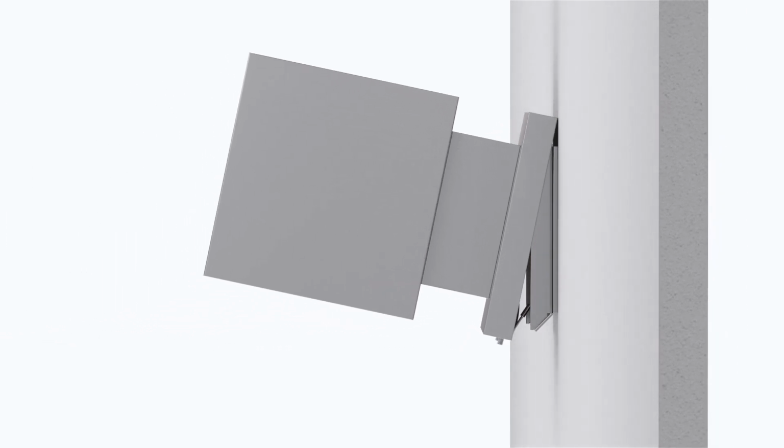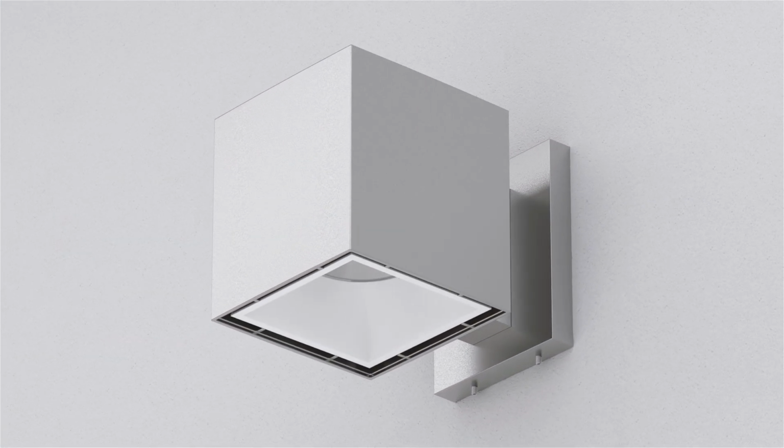Hook the top of the fixture wall canopy to the mounting plate and rotate until the fixture is perpendicular to the wall. Secure the fixture on the wall by tightening the 2 set screws on the bottom side of the